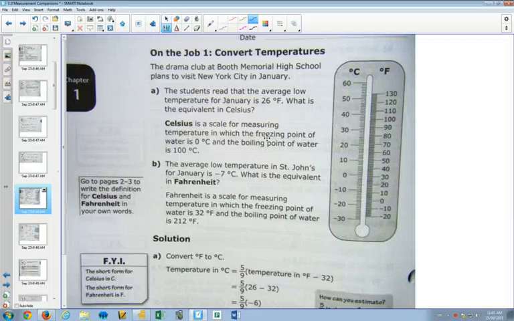So page 26, job number 1, converting temperatures. Converting temperatures requires the use of a formula. Now you have your purple formula sheet, and